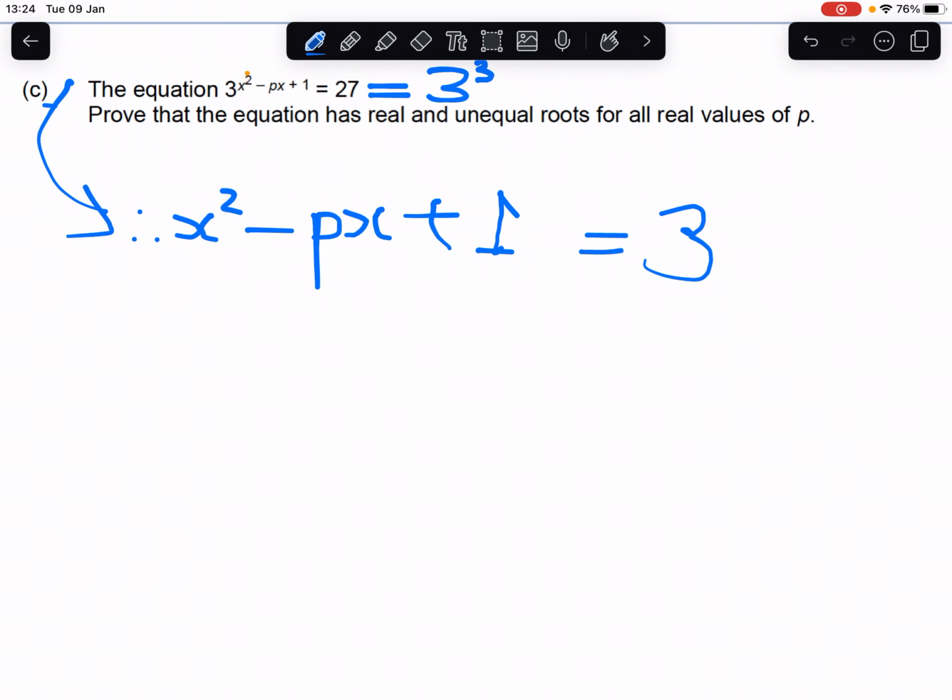So now we're no longer dealing with an exponential equation, but with a quadratic equation, which starts to make the second part of the question make a bit more sense. We're asked to prove that this equation has real and unequal roots for all real values of p, right? And this is language that we're familiar with from the land of quadratic equations, because with quadratic equations we know of a certain somebody called the discriminant, right? The discriminant is